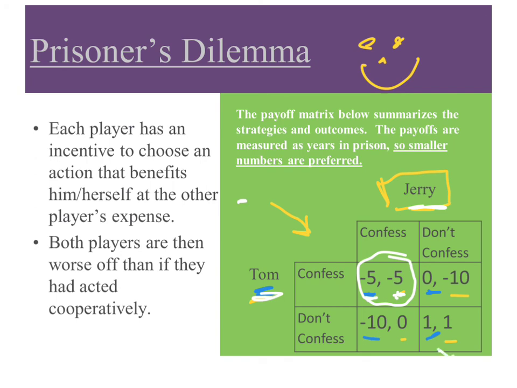If we wanted to ask what would be the most optimal, it would be this one. If they could pick together, collude and talk to each other, and they sat and said, okay, what would be the best thing we could do? They would probably agree that not confessing and not confessing would be the best option, right? That is the dilemma. By playing this game and ensuring that they both aren't going to end up with the worst option, they end up with a mediocre option that is not Pareto optimal, okay?